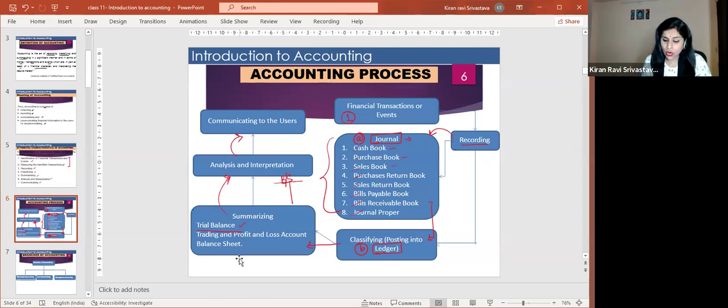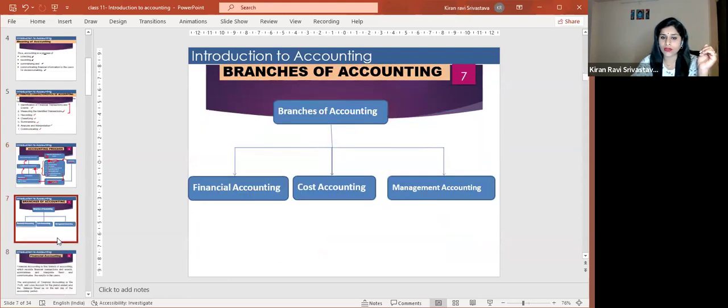Now this whole accounting process is like how in standard 11th, science is one broader thing. Under science, there are three broad subjects like physics, chemistry, bio. So accounting is also like a science. Accounting is an art of recording, and it's a science. So there are branches of accounting as well. Right now, when you are studying in 11th and 12th, you are studying only accountancy. But when you go to graduation, you will be studying various branches of accounting. So today we will be talking about what the branches of accounting are.